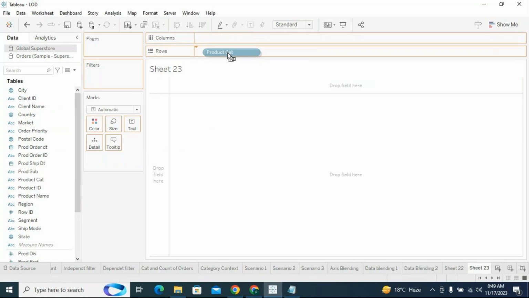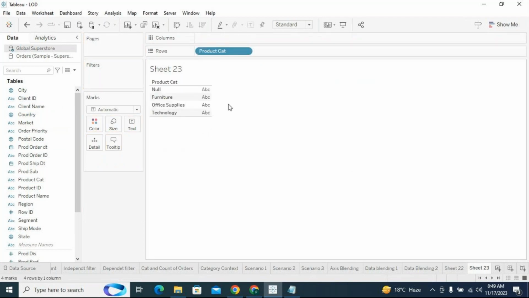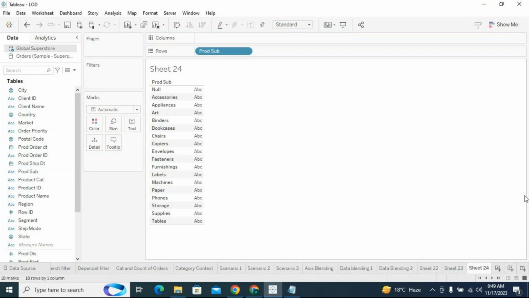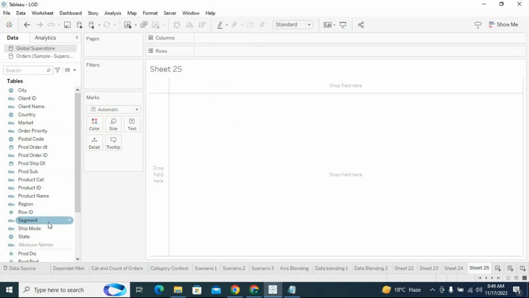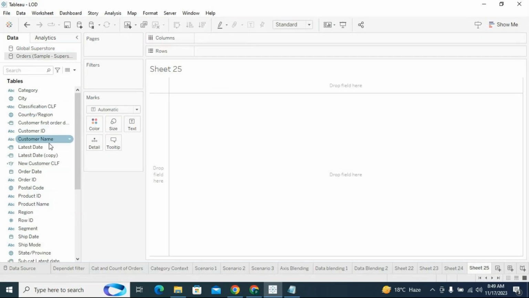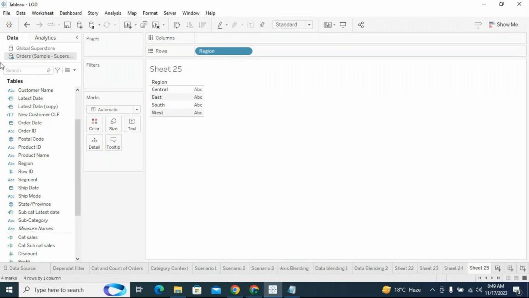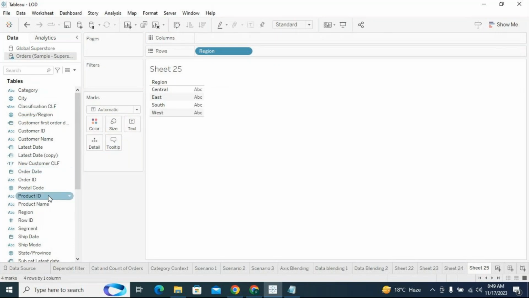If you look at product category, how many categories are there? Three categories, and there is one null. Let's pull categories, in which one is null, and we can discuss region. If you look, I'm dragging region from Orders Sample Superstore. Means what? When you drag the first column, that data source acts as the primary data source. And when I'm dragging region from the secondary source,